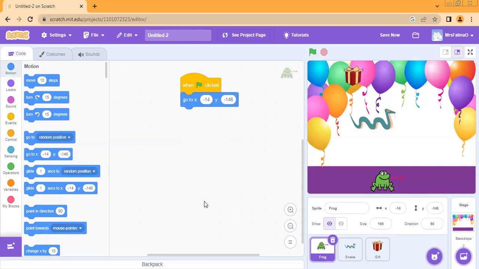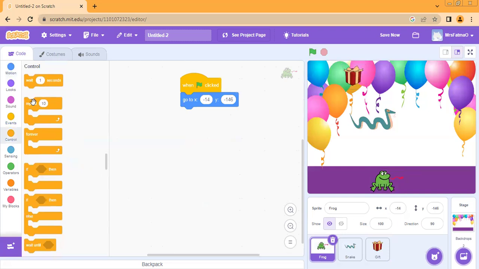I'm going to add from control a forever loop here to keep on repeating what will be added inside. What I'm gonna do is when the up arrow is clicked, the frog should be moving up. Moving up will be moving on the Y coordinate. Moving up will be changing the Y with